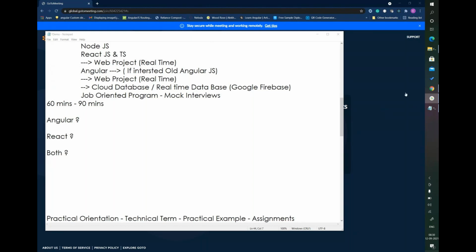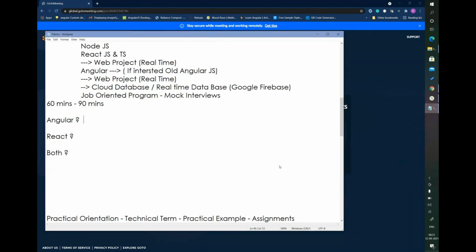Okay. Good to know, Satyasai Krishna. So most of the people are focusing on Angular.